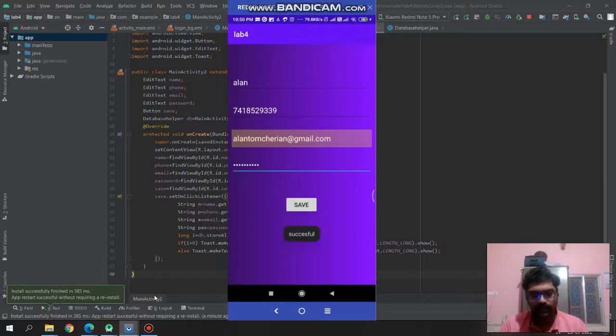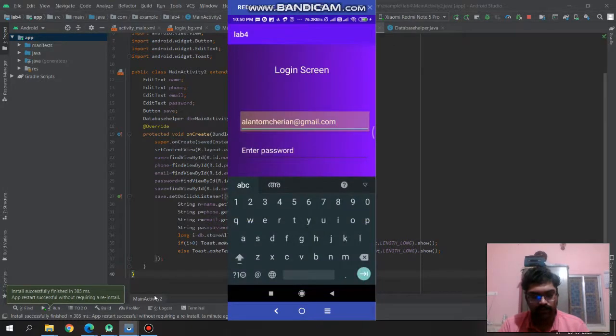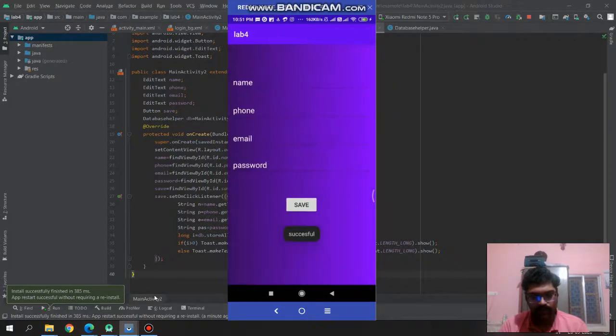Then a successful message is shown as the record is saved. Then again in the login screen, you're passing the email and then password. So it should give a successful message, which will move us to the next screen.